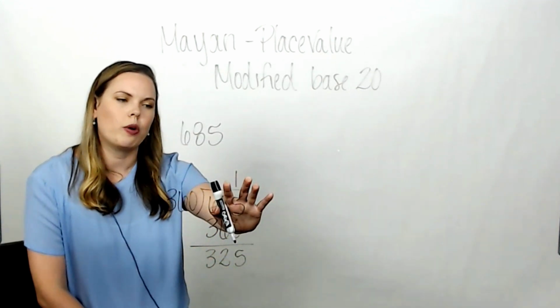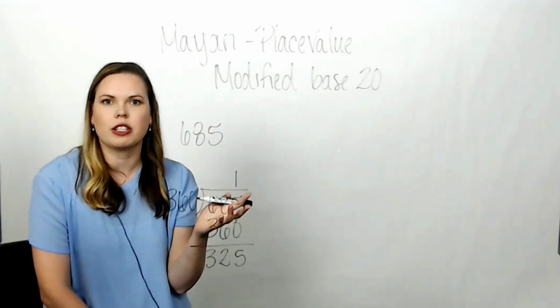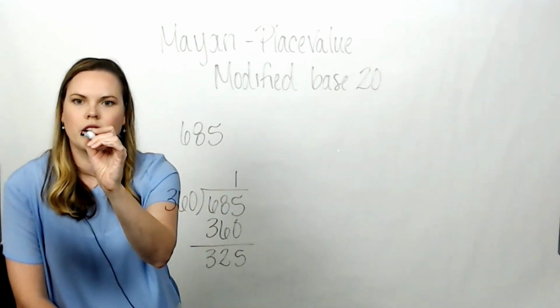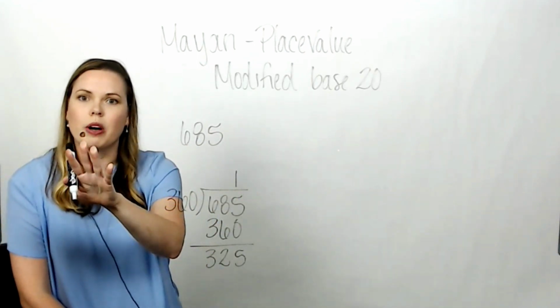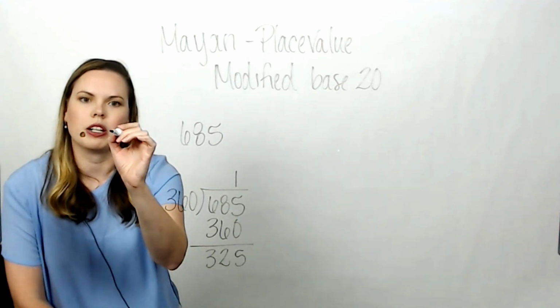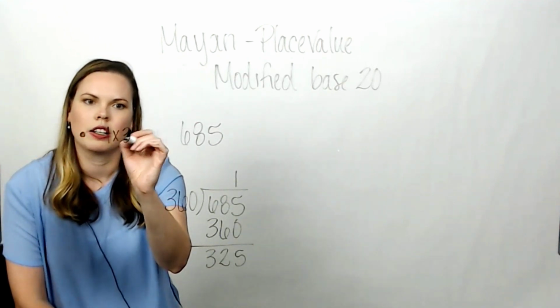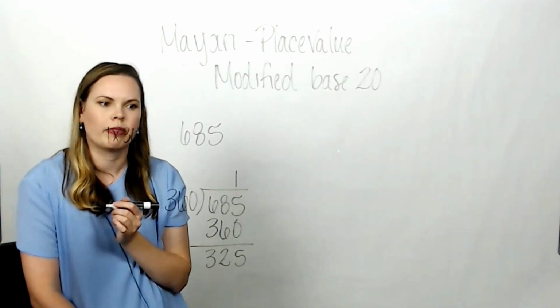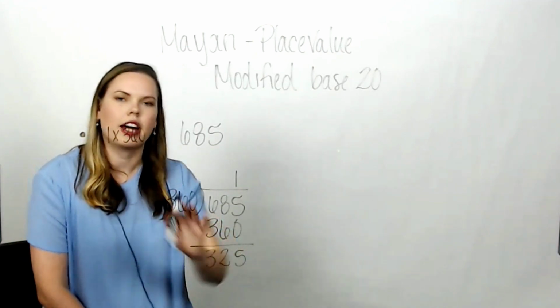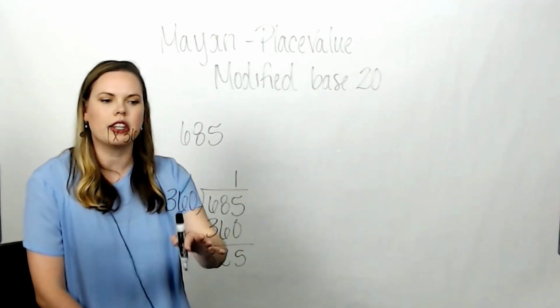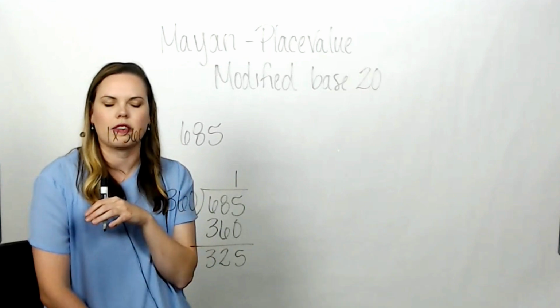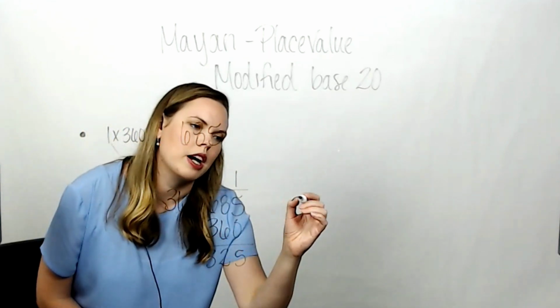We know we're going to have a 1, a dot, in the 360 spot. I'm going to go ahead and put that over here. So this will be the 1 in the 360s, representing 1 times 360. Okay. But I still have to take care of 325. That's what's left after putting 360 into 685. So I'm going to see how many times 20